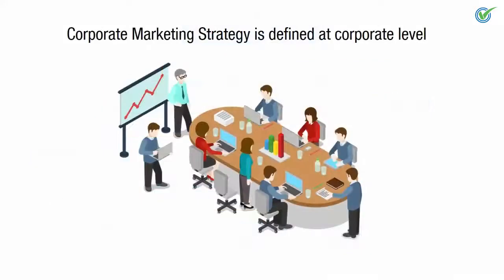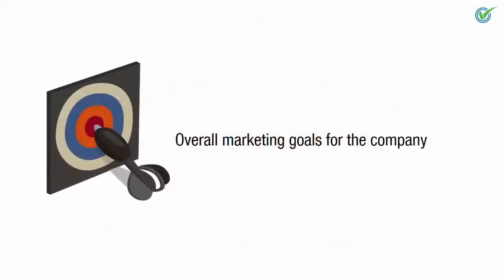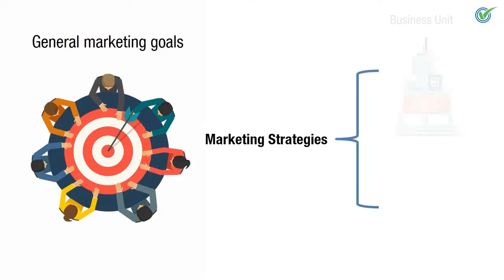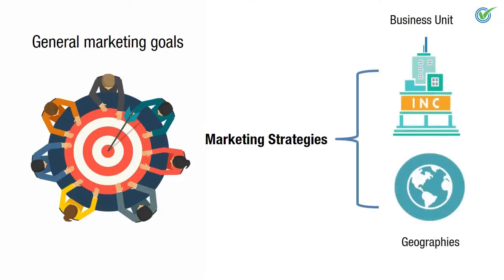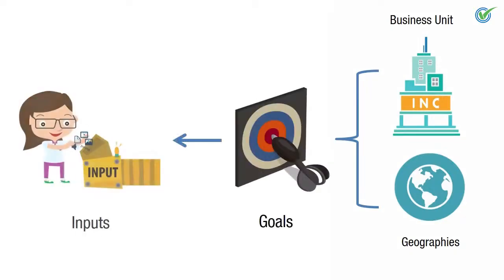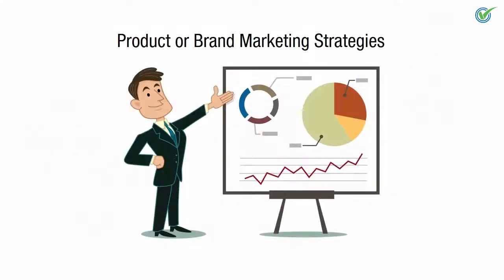The corporate marketing strategy is defined at a corporate level. It defines the overall marketing goals for the company. These general marketing goals drive more specific marketing strategies for each of the company's business units or geographies. Each business unit or geography in turn defines its own goals, which are relevant inputs for each area's particular product or brand marketing strategy. Each product or brand marketing strategy, also referred to as marketing strategy in the SMstudy guide,